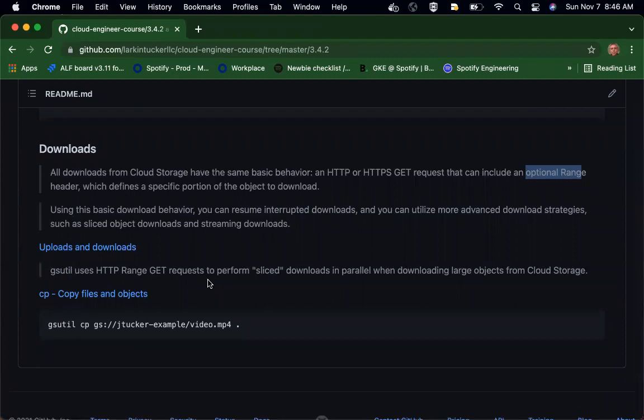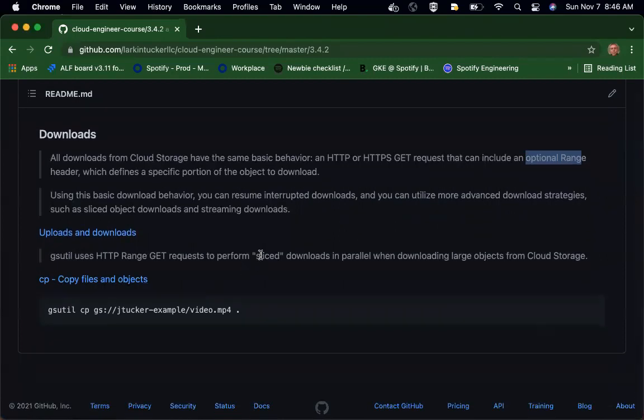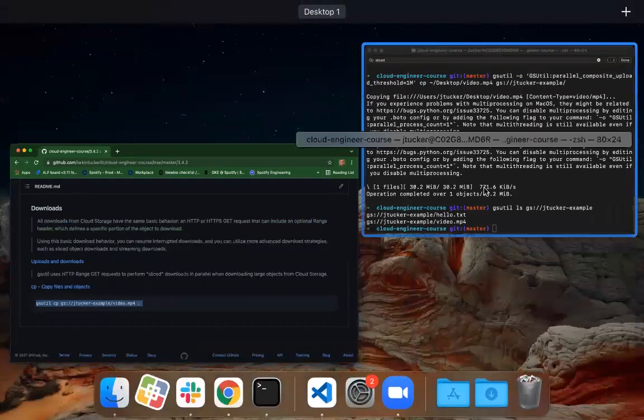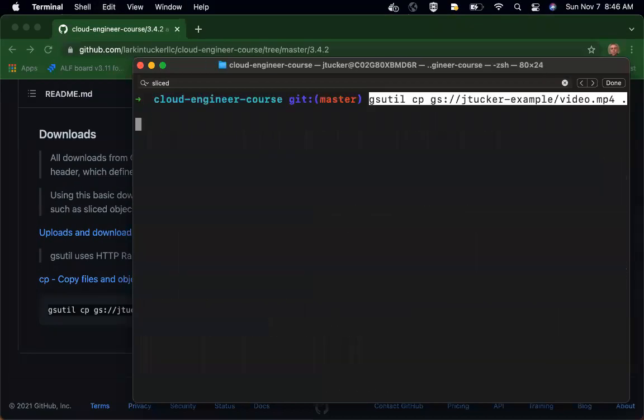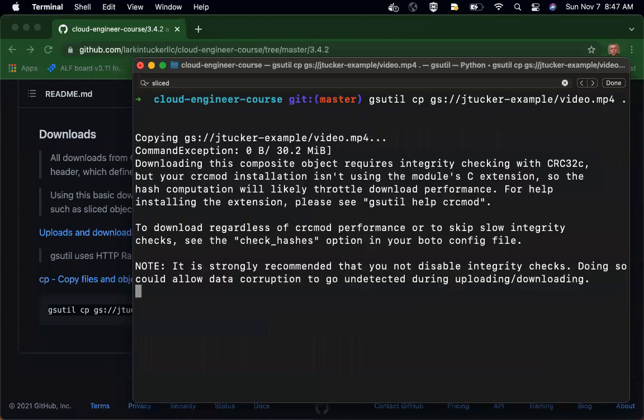Oh, there's another concept called slice downloads, where it can actually break the download into multiple pieces, and then download and assemble them on your machine. Under the hood, gsutil just uses that feature automatically. So it's not something you really need to control. So if I just say copy the video file to my machine, it,